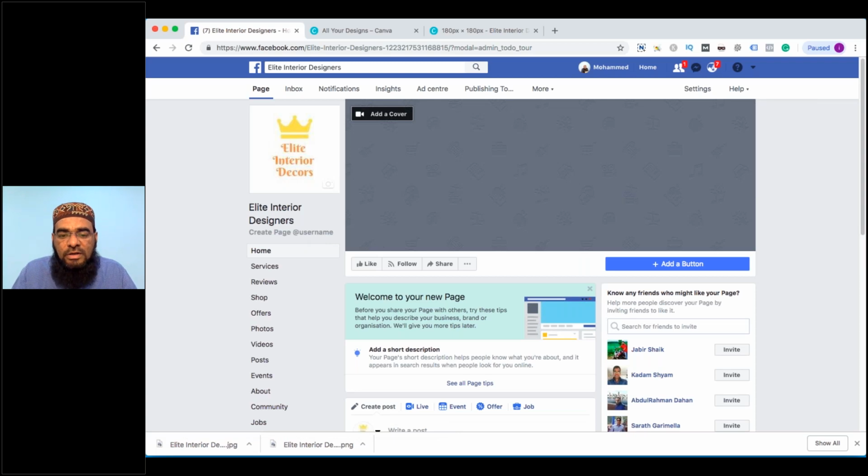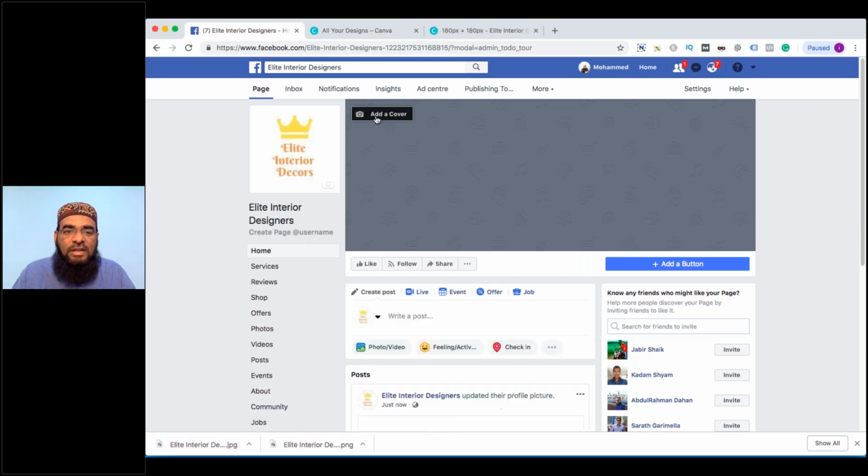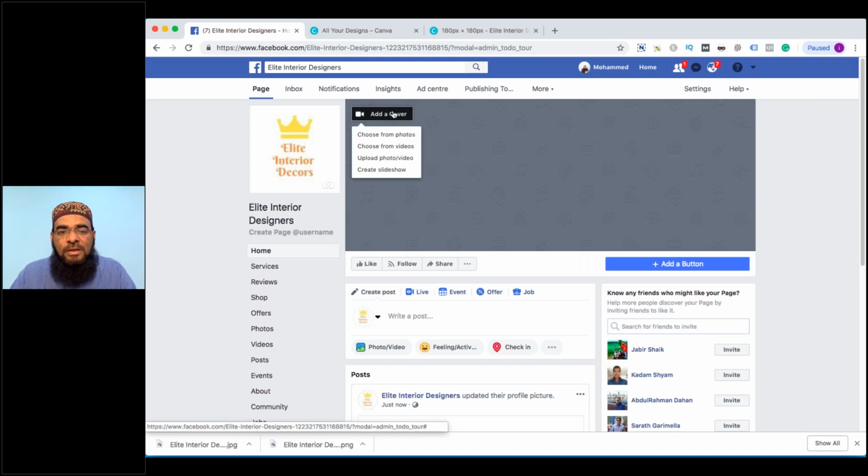So the next thing I would like to do immediately is to create a cover photo. See, Facebook is now offering many options. Cover photos can be a single photo, a complete pixel photo, which is 828 by 315 pixels. You can also upload a nice video, or you can also upload a slideshow. Because it's an interior designer, the look and feel matters here. If you show an amazing video of the interior design done for a client, or some slides of amazing designs done for your client, it will really make a big difference. So I would like to show you the process of how we create this banner.